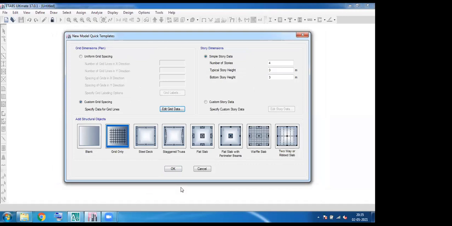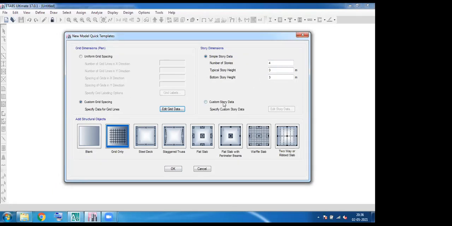The next important thing in this dialog box is story dimension. You can see right here on your right hand side, the story dimension. As in the grid system, the first option is equal story dimension. This is simple story data. If we have a G+3 story structure where each story has an equal height, then we can choose this option.